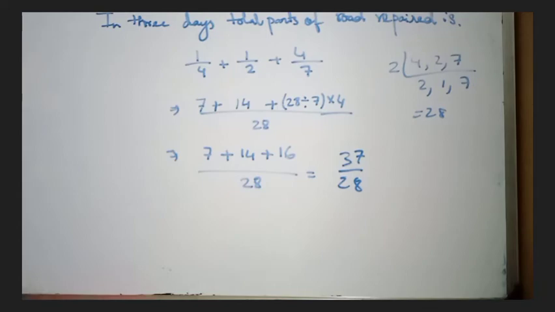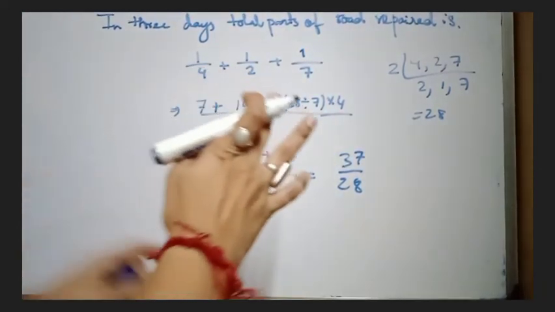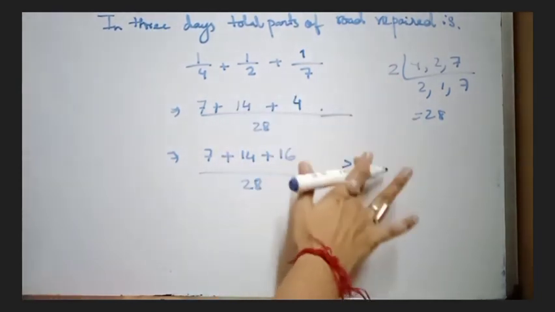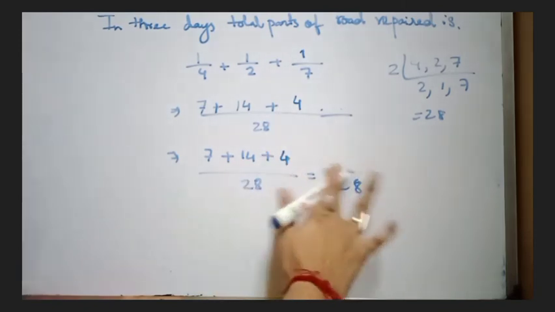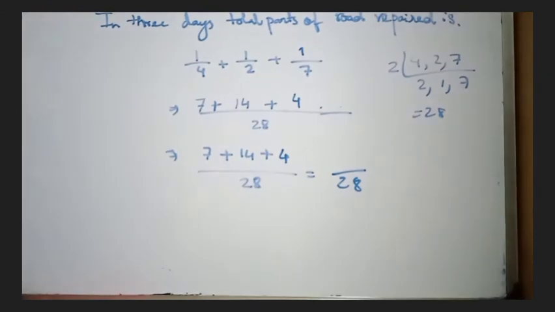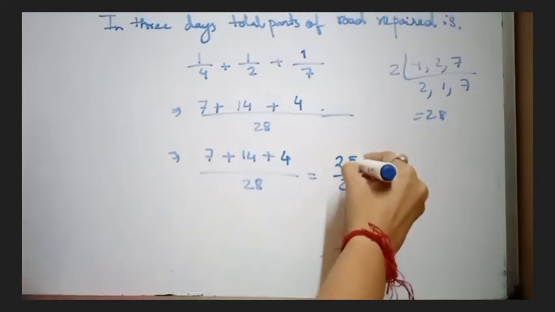So what we are doing is taking this as 1 by 7 parts, so that I think this sum will be right. This will be 4, this will be 4, and we are taking this as 1 by 7, because if we write 4 by 7, the fraction will be improper, which will not be true and cannot be done. So this will be 14 plus 4, 18, 18 plus 7, so this will be 25 by 28.